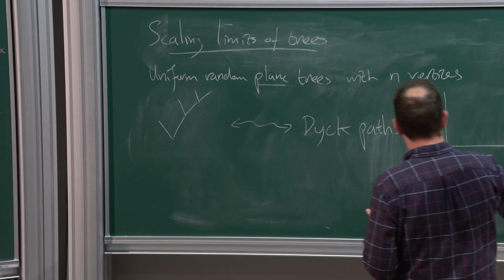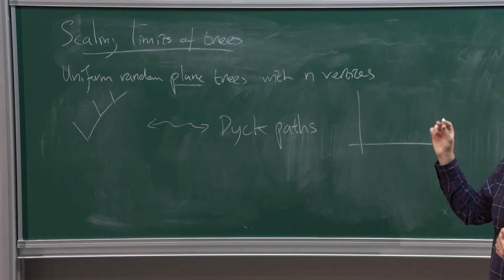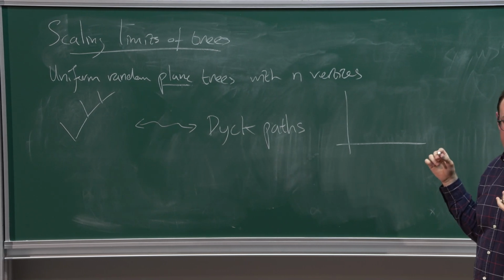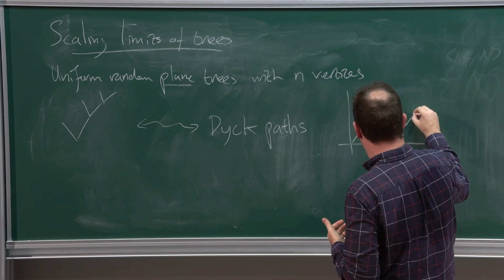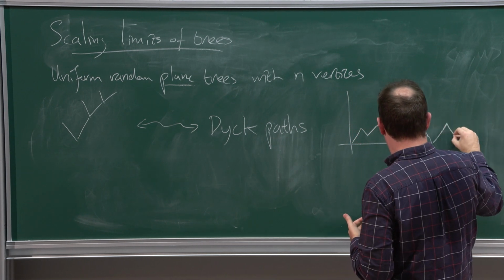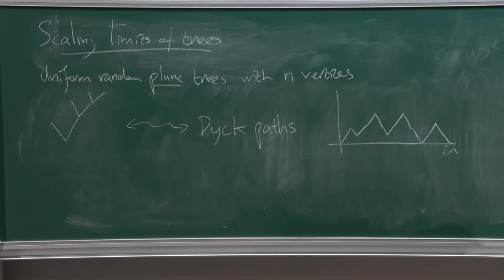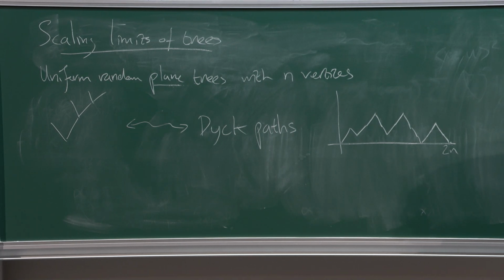So what these are, they're just, if you like, random walk trajectories that stay non-negative, and then return to the origin. They're allowed to return before, and then at some time 2n. Okay. So again, these are paths in the integers. They start at 0. They return to 0 at time 2n. They remain non-negative in between, and they move by exactly plus or minus 1 at each step.